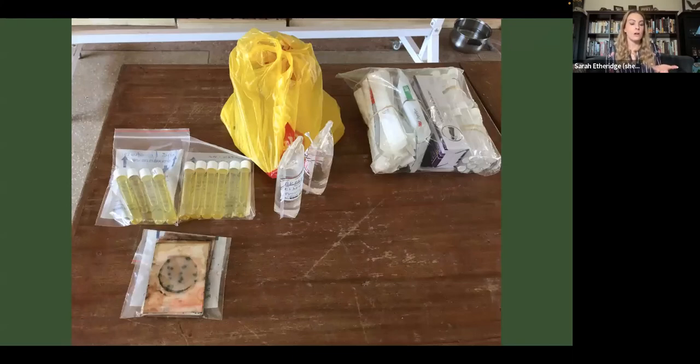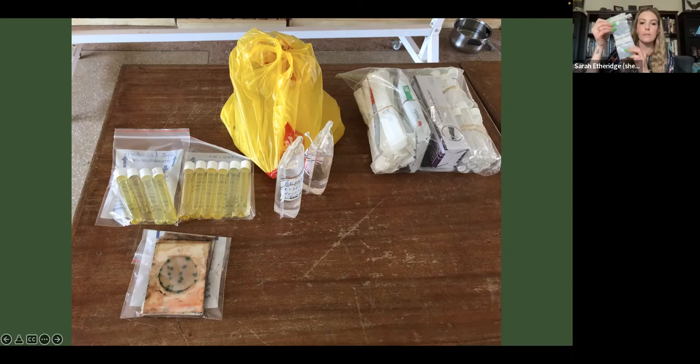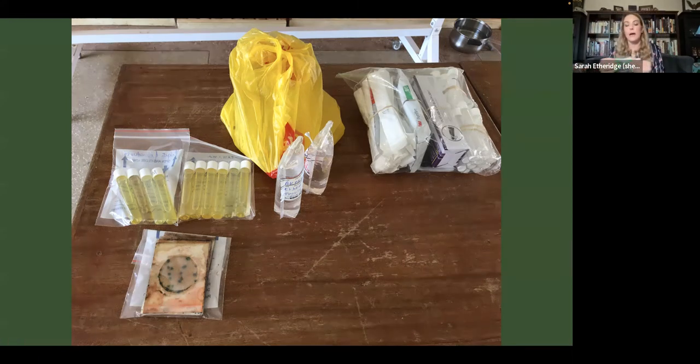This is what is in our kit, and I'm going to go through what these things are. So basically, the first thing that we have are these little bags. These bags are collections for water, and you can see them in the center picture. You just pour some water into them, and then when you're done, you flip it around, and it has a little metal thing at the top that you pinch together. And now you have a water sample. You can write on it, put it in your basket, and keep going and collect others.